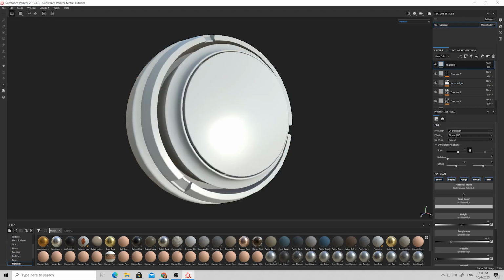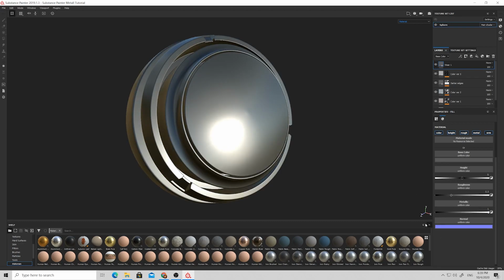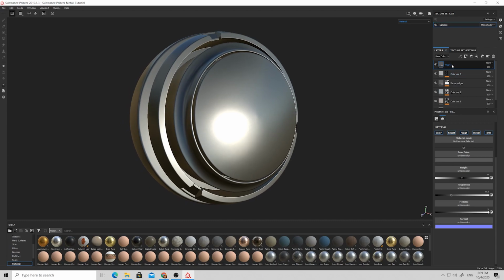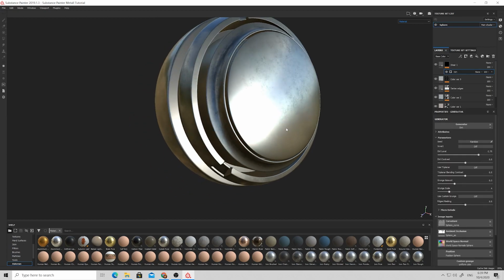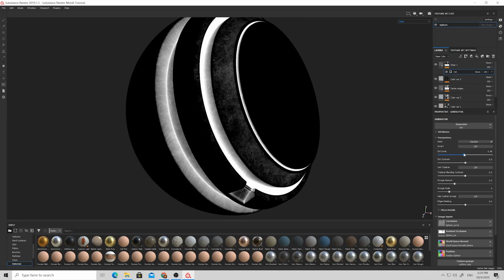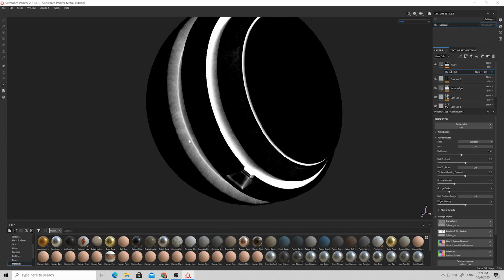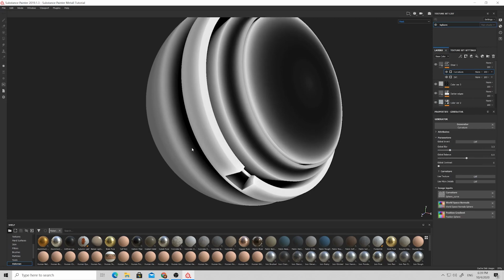So let's create a layer for our wear effects. Just name it wear for now. Then make it metallic, make it dark color, add black mask, add the generator, add dirt, and in the dirt settings, just by adjusting them, allocate the dirt in occluded areas. Add one more generator, add curvature,